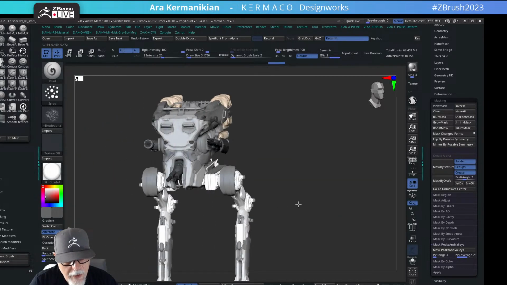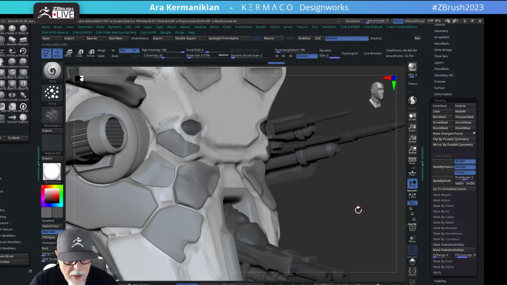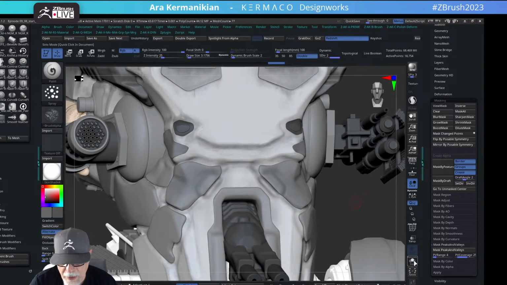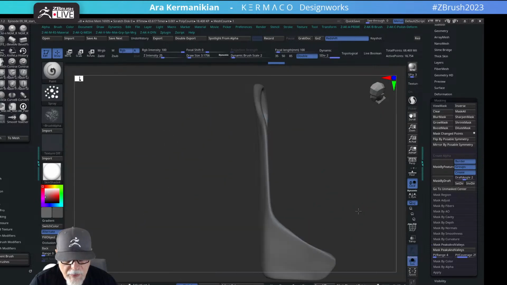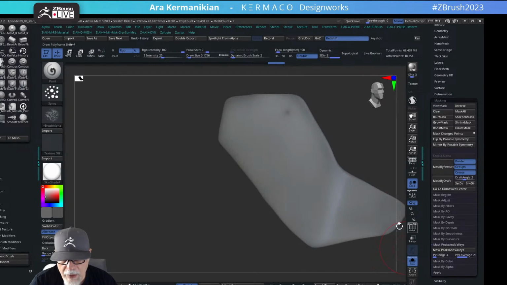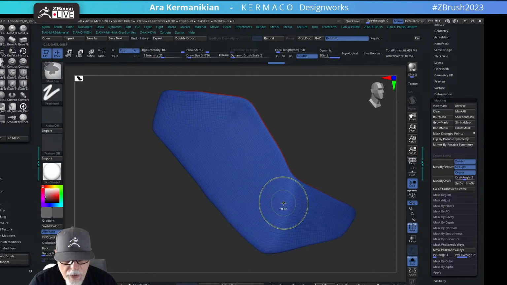Right, there it is. Okay, I think that works. Now the thing with this is that it's kind of not selling what it is, so I need to do something to it. Sometimes you discover these things later on in the game. The good news is it's got polygroups. So I'm going to select this polygroup right here,